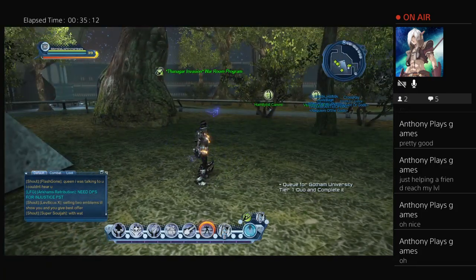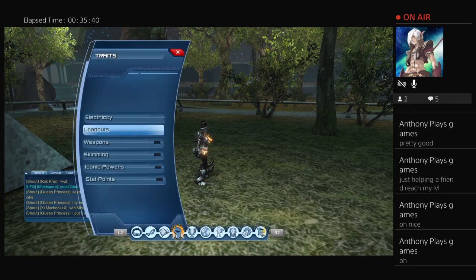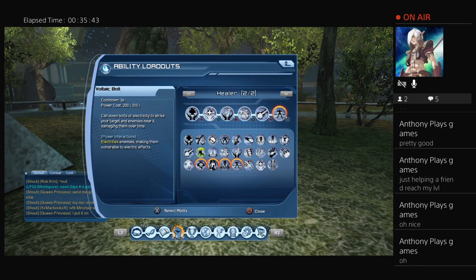So, let me see what's in this one. Let's see, alerts. Okay, so why is galvanize and biocapacitor not in this loadout? What the hell is that skill? 4A. What is that skill? Let me see here. Loadouts. Alright, so where is that skill? That is